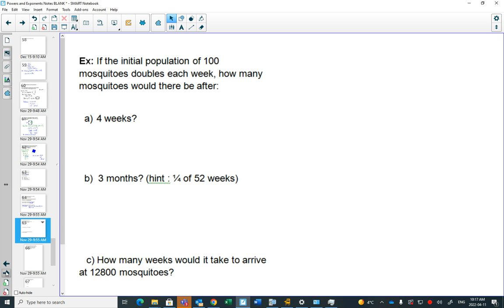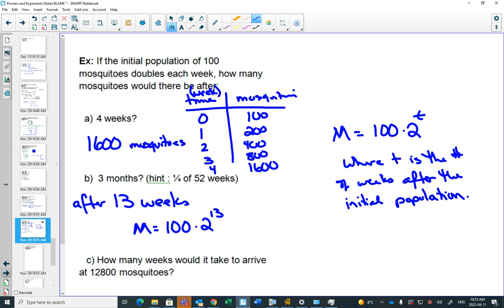So this is where our formula is going to be nice, because you don't want to keep making your chart, do you? You could, but the formula is nicer because it's less to write down. So we go to our calculator,